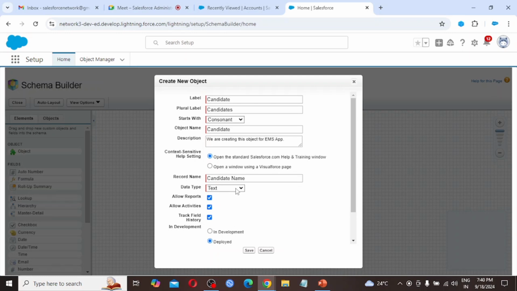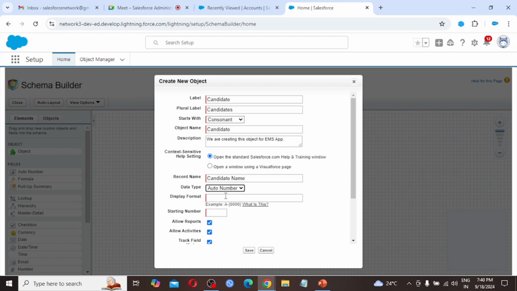So here I am going with auto number as the first object what we had created employee, that we had taken text. For now I am going to take auto number. So for going with auto number, in this format we have to provide the value.